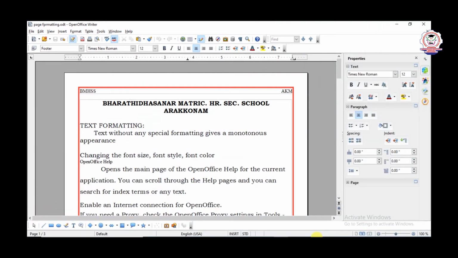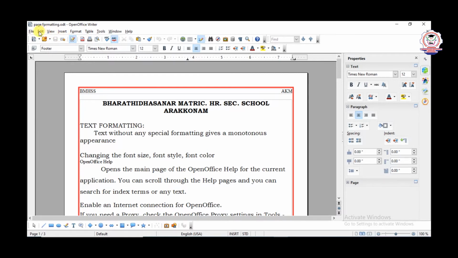Now we are going to see finding and replacing a text. What is the meaning of find and replace? For example, we want to find some word or some sentence in a particular document, and that should be replaced with some other word. How can we do it? That's a very easy step.